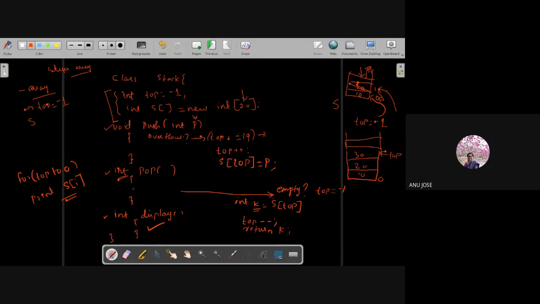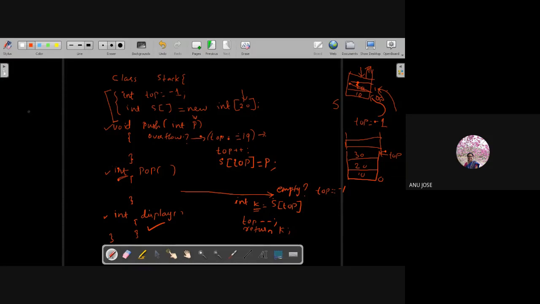Done. So tell me what I can write in the main. This part I am just removing. All of you know what should be written in the push and pop operations. At least I am sure that all of you studied that part last semester in the data structure class.